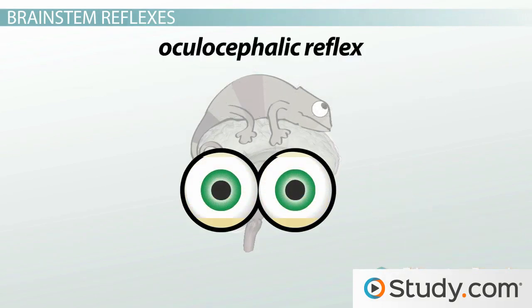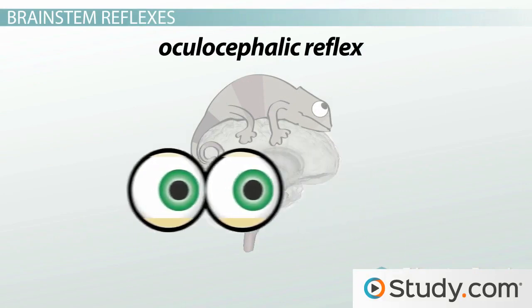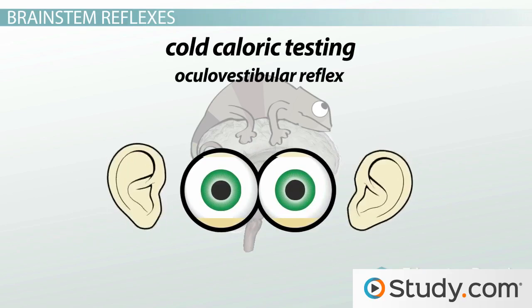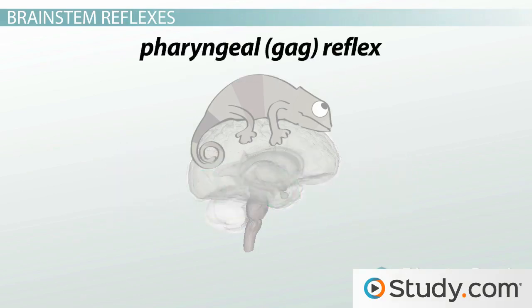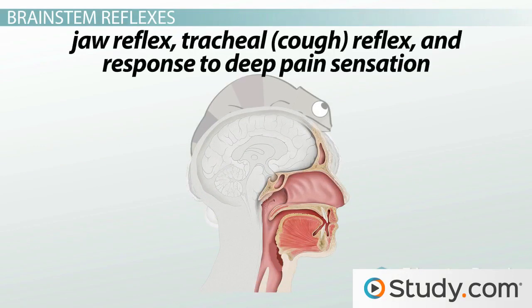The oculocephalic reflex is where the eyes stay focused on a certain point by moving in the opposite direction of the movement of the head. Cold caloric testing, a test of the oculovestibular reflex, is when the ear is irrigated with cold water and the eyes should turn towards the side where the ear is being flushed with cold water. And the pharyngeal gag reflex is where stimulation of the back of the throat produces muscle contractions at the back of the throat. In addition, the jaw reflex, tracheal cough reflex, and response to deep pain sensation are assessed for